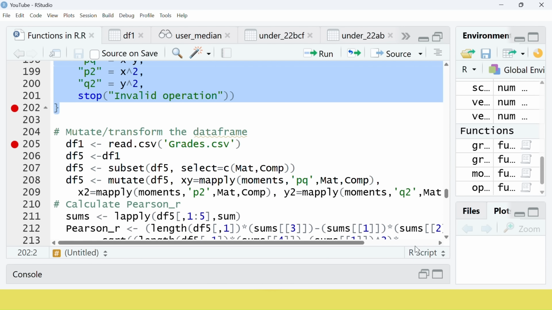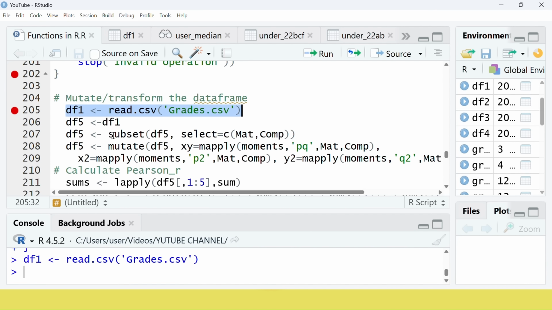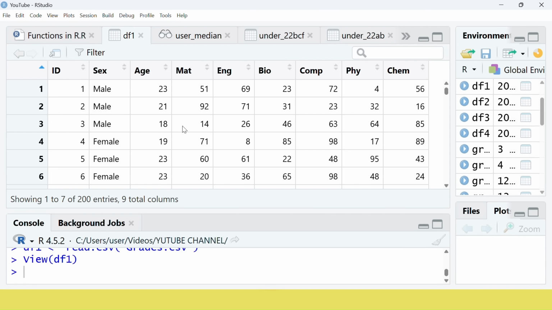Alright, so if we do this, this is just a function. We can use it on the data frame like this. So let us mutate and transform the data frame. As usual, we run it. Okay, so with that we've run, and you know it's the data frame we have been using all along. I can just view it, in case someone has just joined. So now on this data frame,